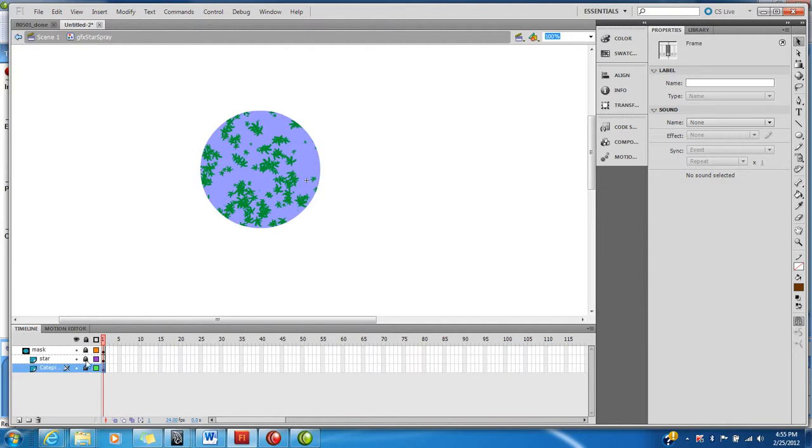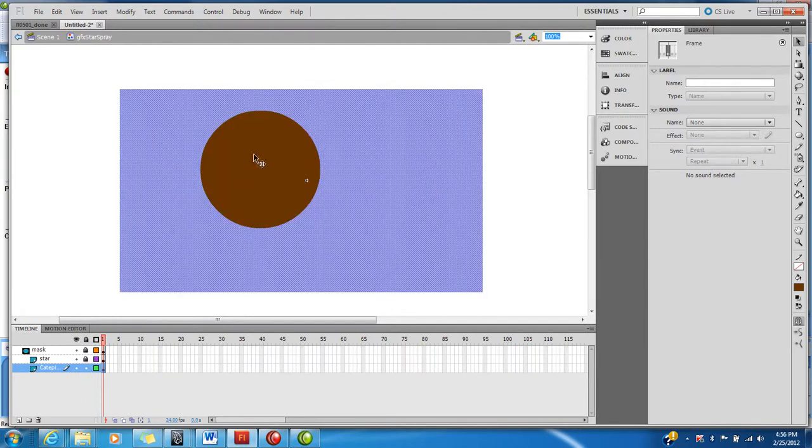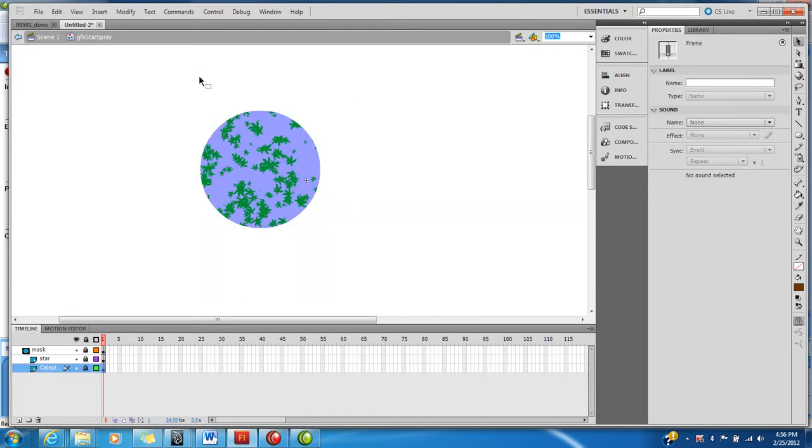All layers must be locked for a mask to work. Okay, so initially when you do it, it looks somewhat like this, and as soon as you lock out that bottom layer, this now becomes the masked object. The star and the background color are all a child of the mask layer, and this is how it appears. So when you're all done, leave all 3 layers locked just as you see them. Go back to scene 1,